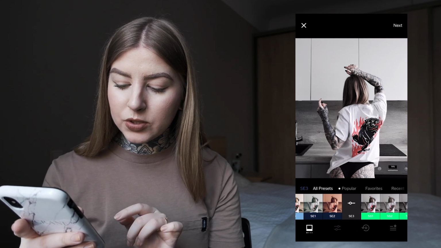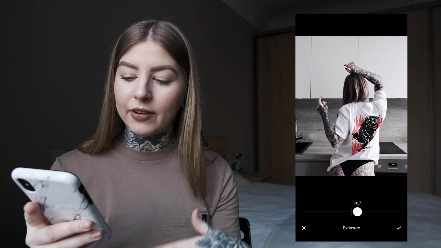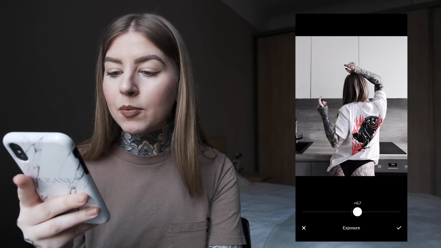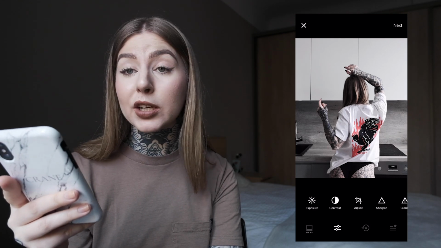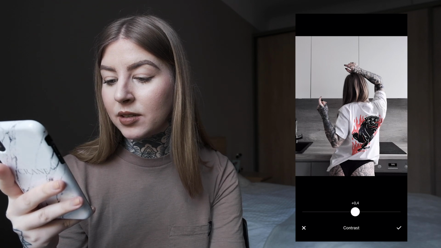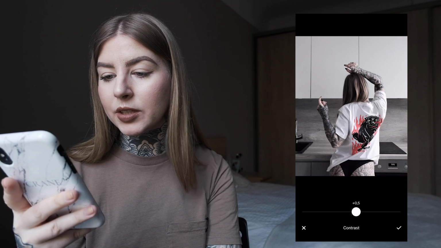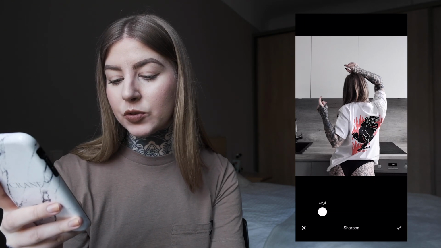And then we go into the edit. Since I have it pre-saved, it already has exposure and everything set, but we're gonna take the exposure down a little bit because we already added a lot of exposure. So contrast, I'm also gonna bring it way down to 0.5, that'll be good. Sharpen, I don't need it that sharpened. We're just gonna have it at